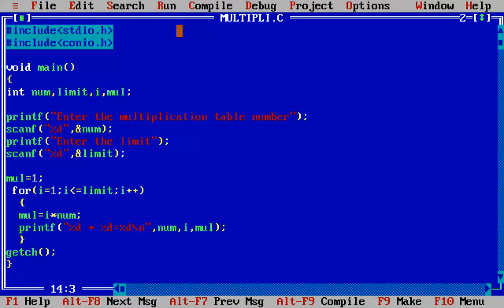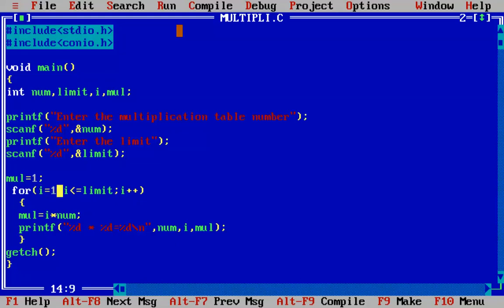As I told you previously, the first thing in the for loop is that it will initialize the counter variable. I will say here I is equal to 1. In the first go it will first initialize this counter. The initialization takes place in the first iteration; from then onwards it will not go to the initialization part.